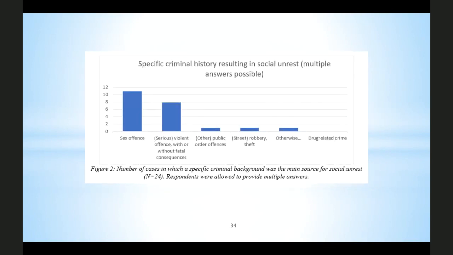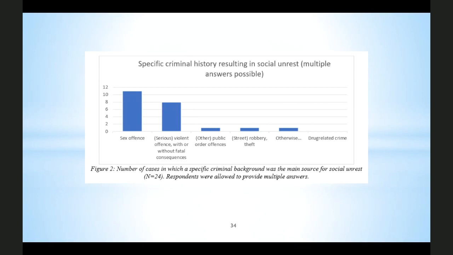Now, knowing that the great majority of these studies focus on the return of sex offenders in the neighborhood, respondents were then asked about the specific factors particularly triggering that social unrest. And 50% of the respondents indicated that it was a specific criminal background that was the reason behind it. These respondents were then asked what type of criminal offense the returning ex-offender had been convicted for. And the figures seem to justify the focus by researchers and policymakers on released sex and violent offenders.